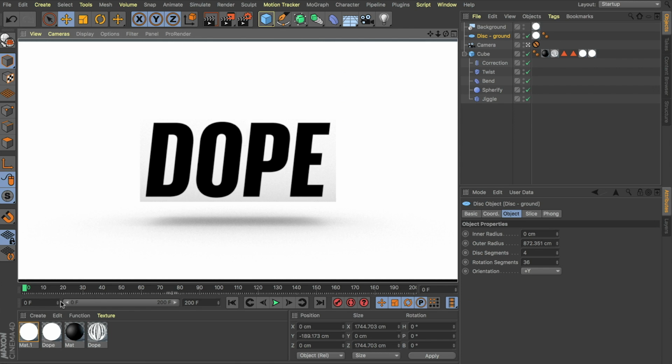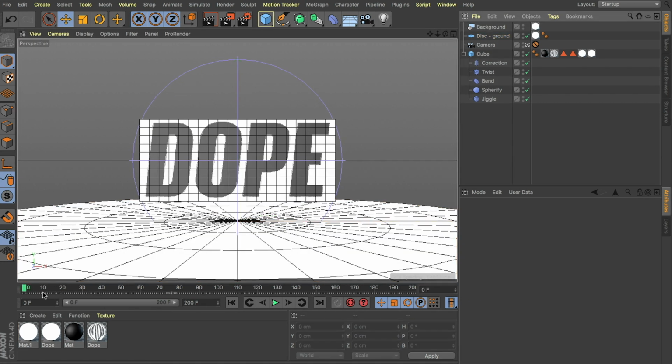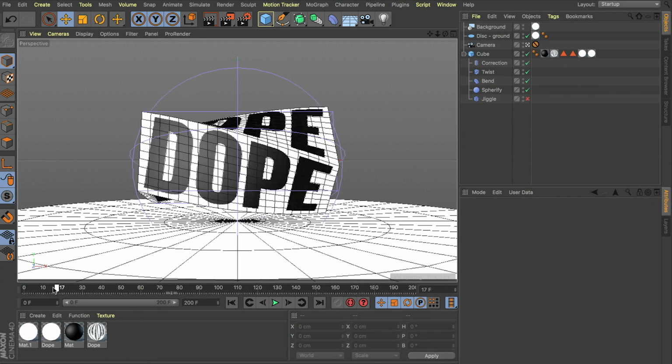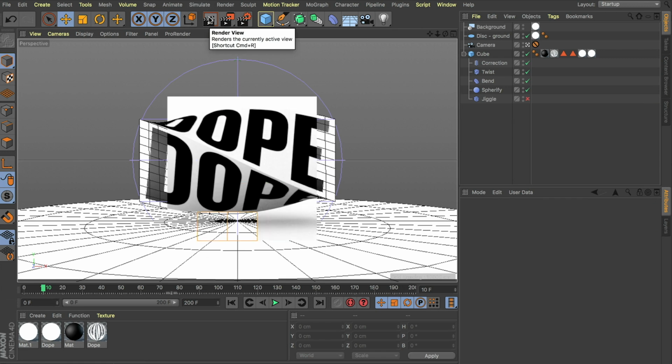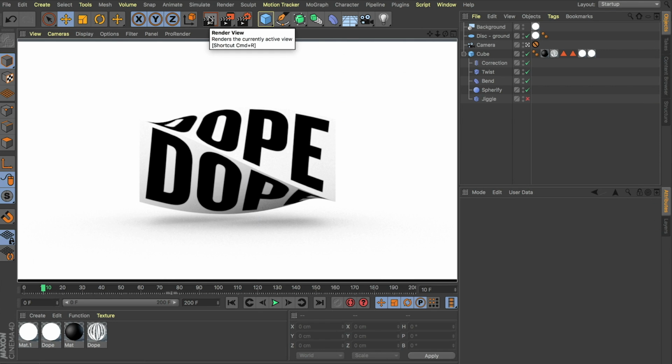So it was a really simple setup. We grabbed our cube, we animated its rotation, its position, and then just enhanced it by animating deformers around it, using just a disk and that background to form ourselves a bit of a floating limitless world, and then just by increasing that ray length on that ambient occlusion, that's how we're able to add back in those shadows and create something that feels really quite unique and tactile at the same time.